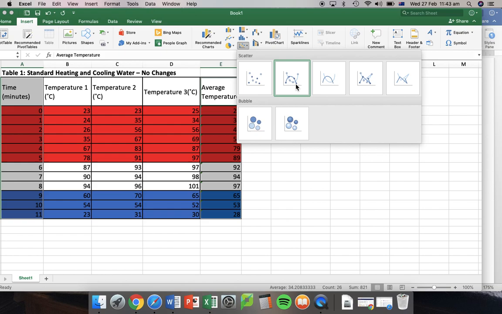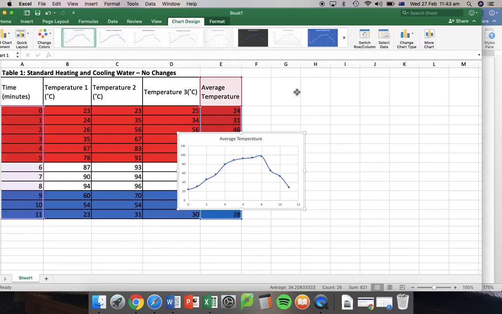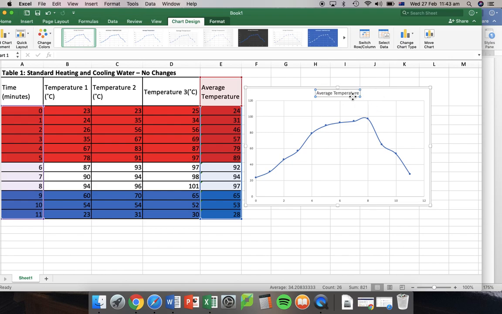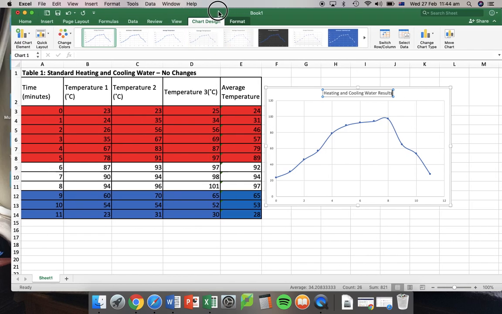And then you want the one with the line. So it's called a scatter plot with smooth lines and markers. So I'm going to click on that. Hope my graph appears. Here it is. Looks a bit boring at the moment. Things I want to change: heating and cooling water results. Maybe that's what I'll call it. You can call it whatever you like. You might have temperature versus time, time versus temperature. It's up to you. I also need to make sure that I include my